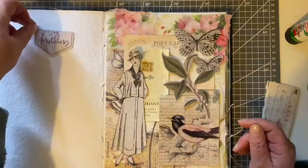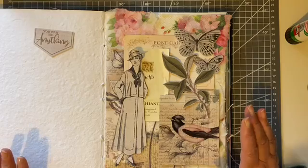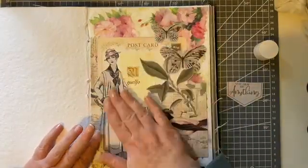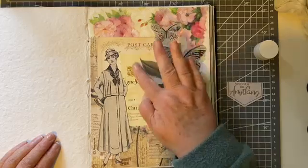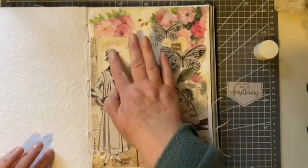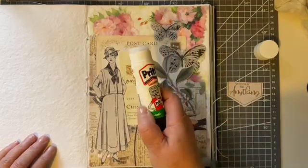thing. Yeah. Okay, so I'm going to go and I'm going to glue all that down, and I'll be back in a second. That's everything stuck down. The rice paper, napkin, the postcard, my old wine label, the packaging piece, and some bits of ephemera, and of course this young lady from the magazine. I just used my Pritt stick to